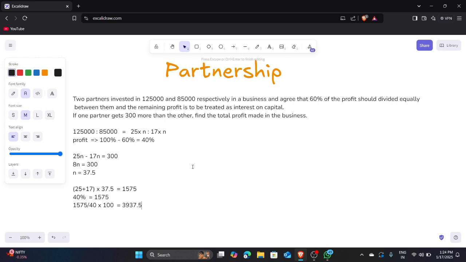So to understand a little bit, I already explained this concept. If they had not given us time, then their investment ratio could be their shares ratio. We divide them with the same numbers multiple times, so we get the ratios, and their ratio could be now their shares of profit. So this is the profit.